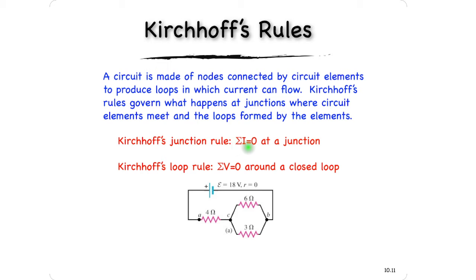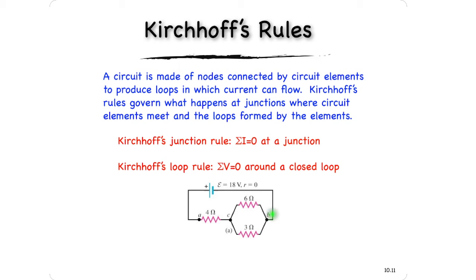Or just think of it as the current flowing into a junction equals the current flowing out. And then Kirchhoff's loop rule says that the voltage drop around a loop must be 0. And this comes from the fact that the voltage at a point in the circuit